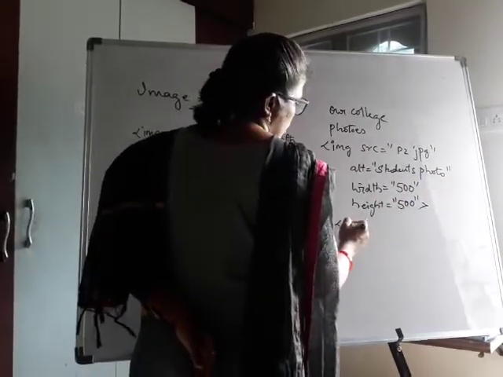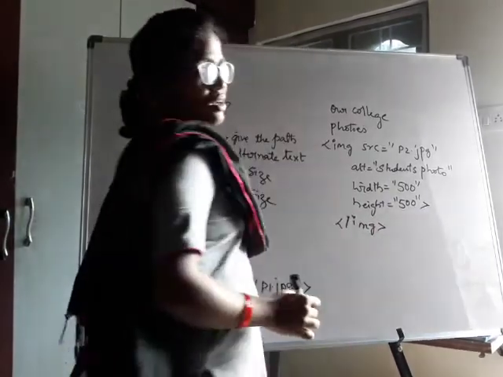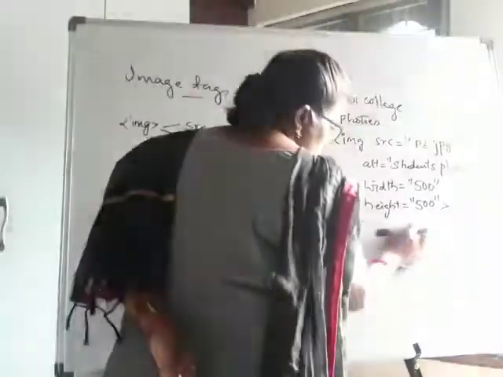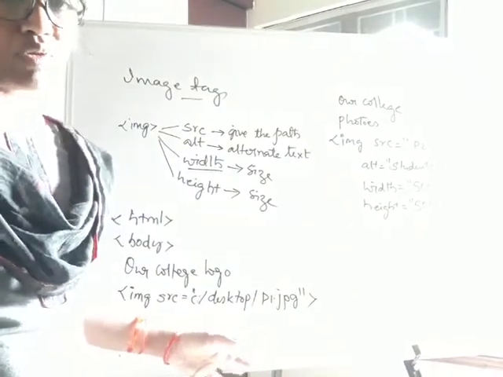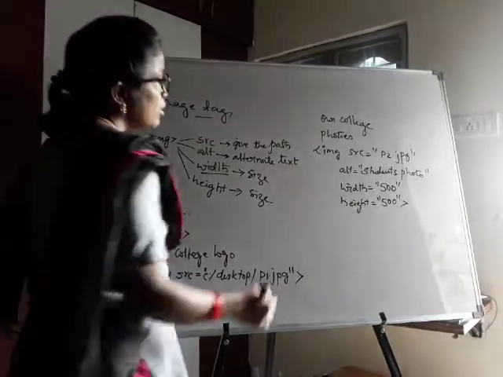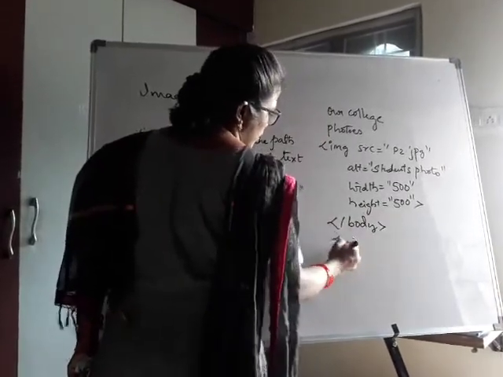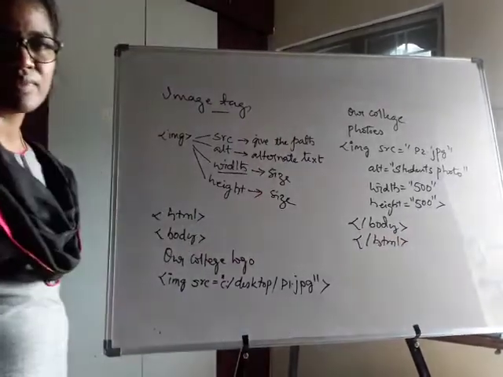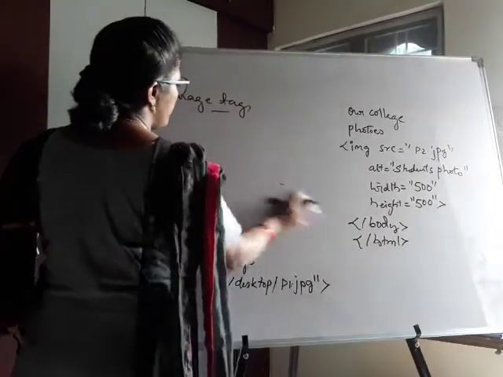The image tag does not require a closing tag. It is not mandatory, because it cannot extend to the next text. So for that we don't require any image closing. Close the body, close the HTML. So the output of this program will be